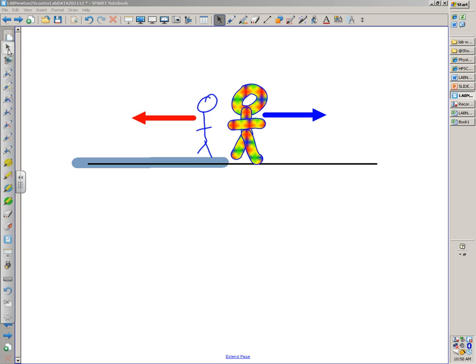She's going to start moving backwards like this. But is Striped Girl necessarily going to go anywhere? No. Is that because she didn't feel this force that Blue Girl originally applied to her? No. But is that the only force that she's feeling? No. What's going on down here by Striped Girl's feet? She's got friction, right? So even though Blue Girl applied a force to Striped Girl, that's not the only force on Striped Girl. So the static friction between Striped Girl's feet and the floor cancels Blue Girl's force, and Striped Girl doesn't go anywhere.